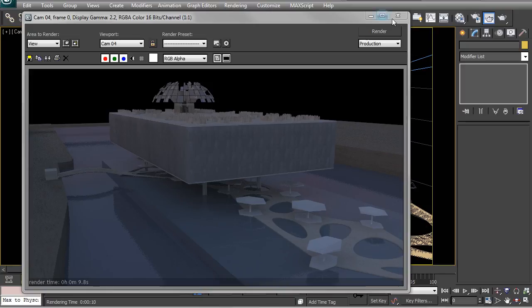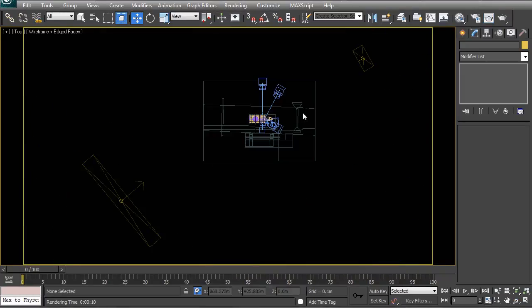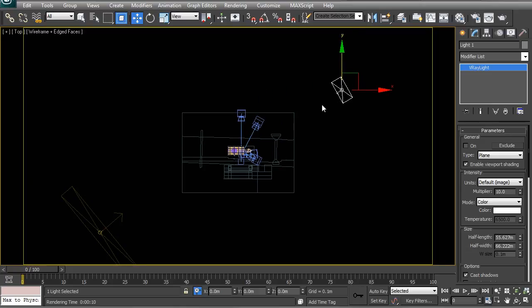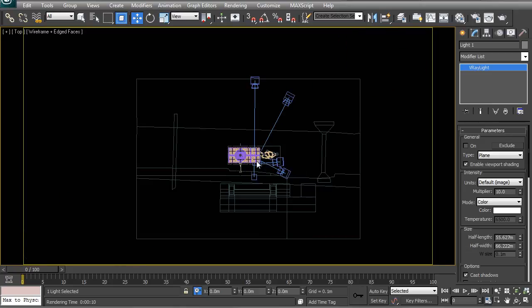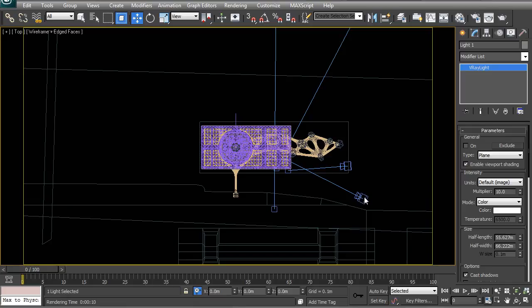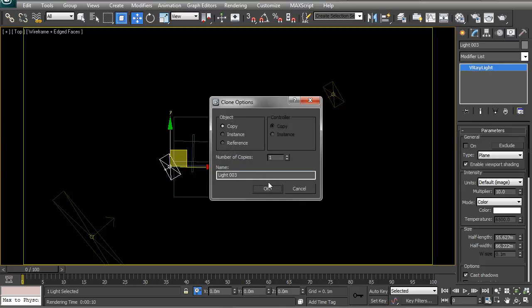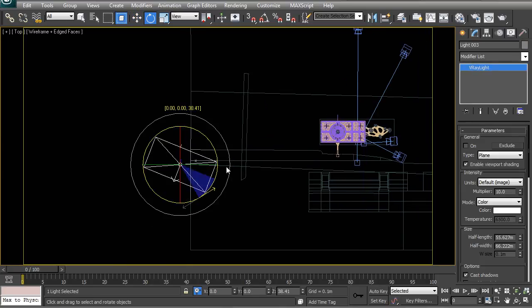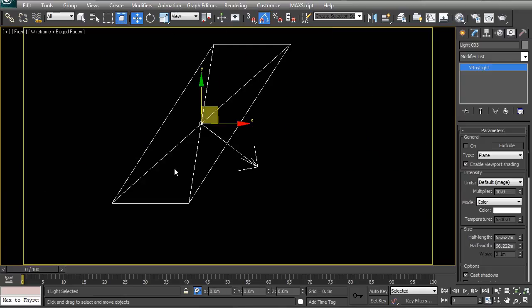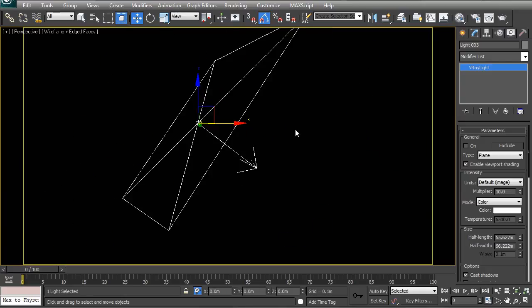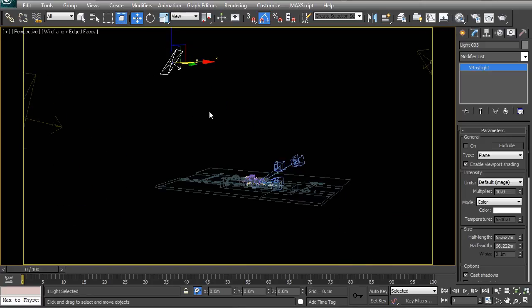So the next thing to do would be to create a bit of a direct light in the background. So if I look in my top view now, the light that we have on this side is going to be too bright if we're looking at our building from this camera point. So if I turn that light on, it's going to blow out these front facades. So I rather want to create a copy, move it a little bit closer to the building, and I'm also going to make it a lot smaller and perhaps even a little bit brighter. So I'm going to just rotate this to face the building, look at it in perspective just so that I can see what it is pointing at,